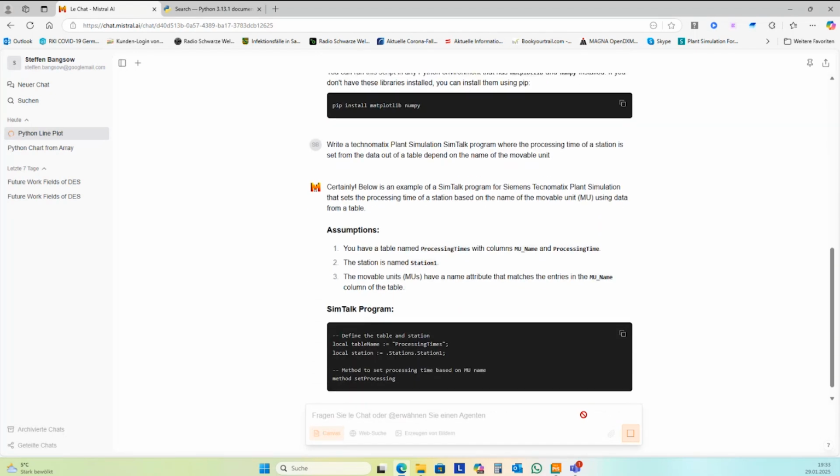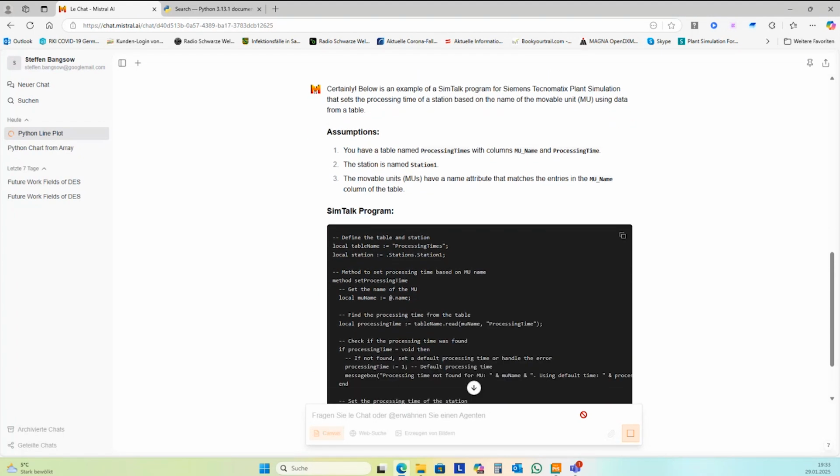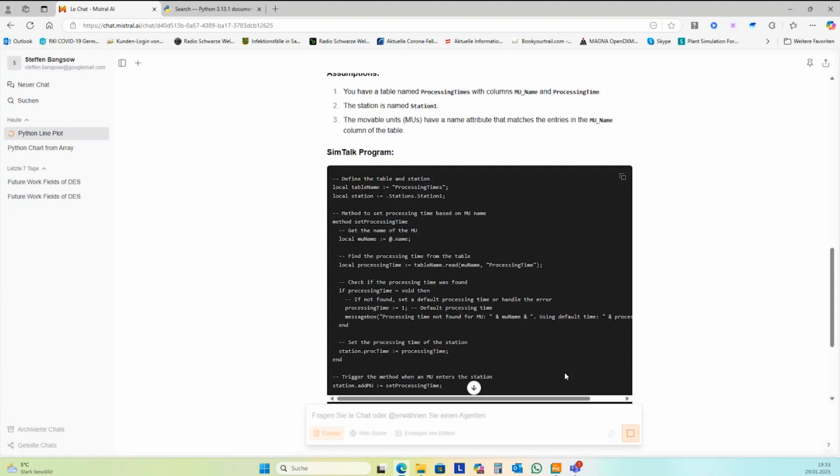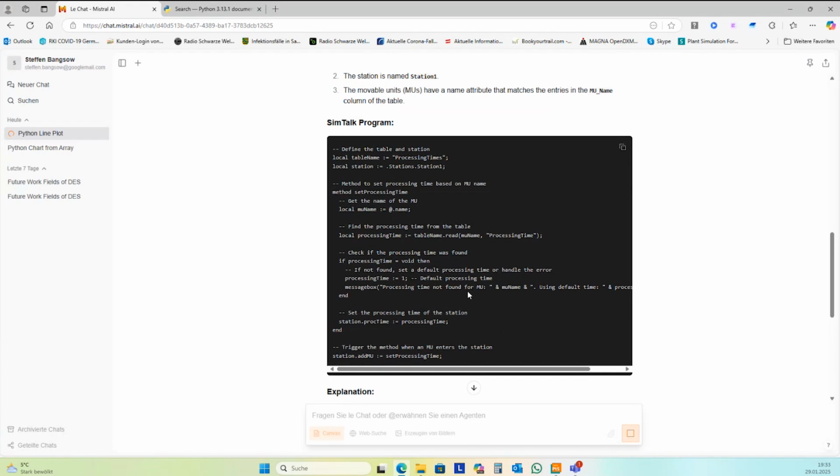And somewhere someone has trained this model for Plant Simulation. It's SimTalk 1.0, but it's quite nice. ChatGPT creates really a mess, and the Chinese model is also trained for Plant Simulation, but it's not as good as Mistral here.